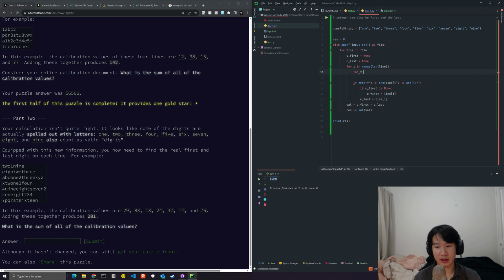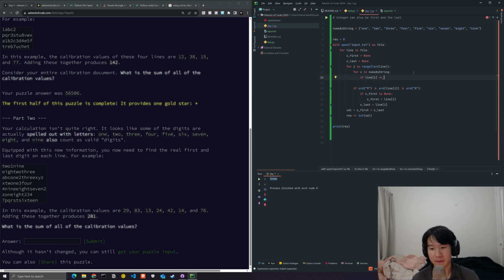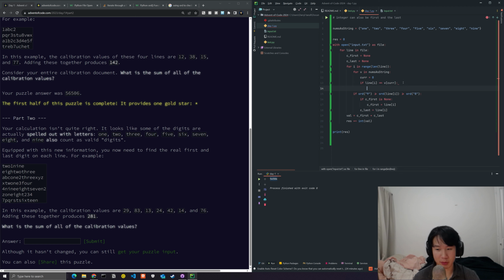I was going to do this: for val in numsAsString, you want to check to see if a line I is equal to, let's say cur equals 0, and if it's equal to value at cur, and if it is, that's when you want to continue. You want to keep going forward, so cur plus equals 1,